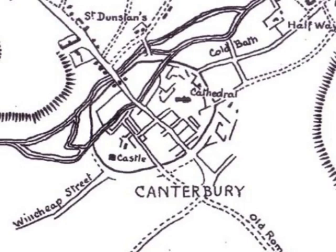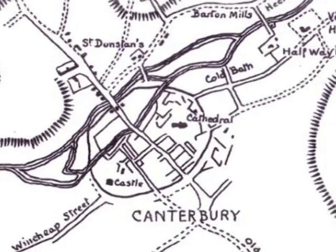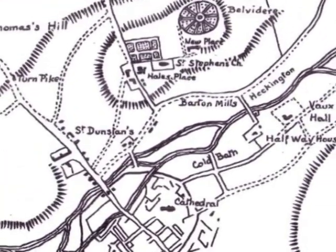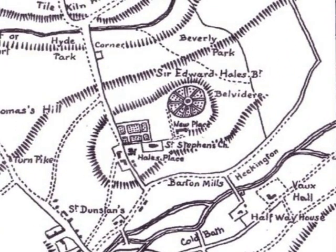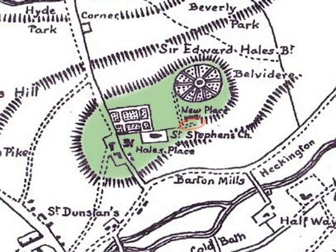During the years 1766 to 1768, a new sumptuous edifice was built on a more eligible site, on rising ground, overlooking the city and the cathedral, fronted by a terrace, what we now call the Terrace. The old mansion was now superseded by a grand new house named New Place, and a map of 1769 shows